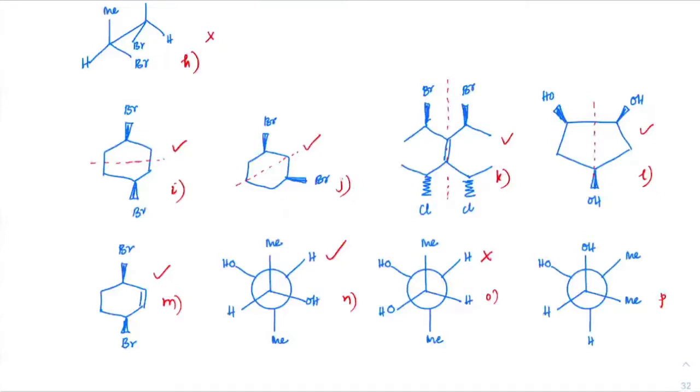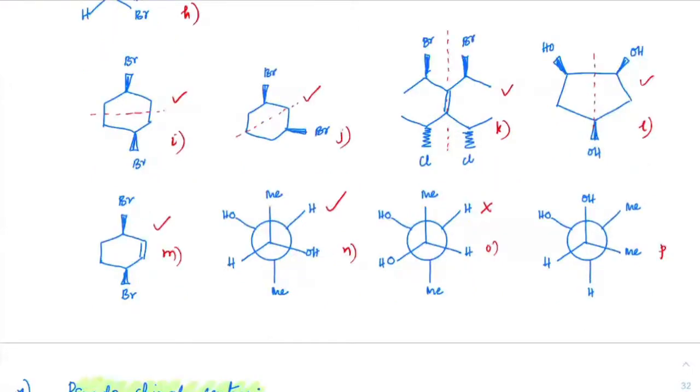Now, in this case, what I'm saying is, is there a possibility or not? That's all I'm checking. If we go with the composition, definitely the gauche form should be more stable, and on the gauche form there would be some amount of chirality shown. But our objective is only whether this can exhibit meso or not. So OH, methyl, methyl, hydrogen, hydrogen, they all can come at one place. The question is whether they can exhibit it or not.